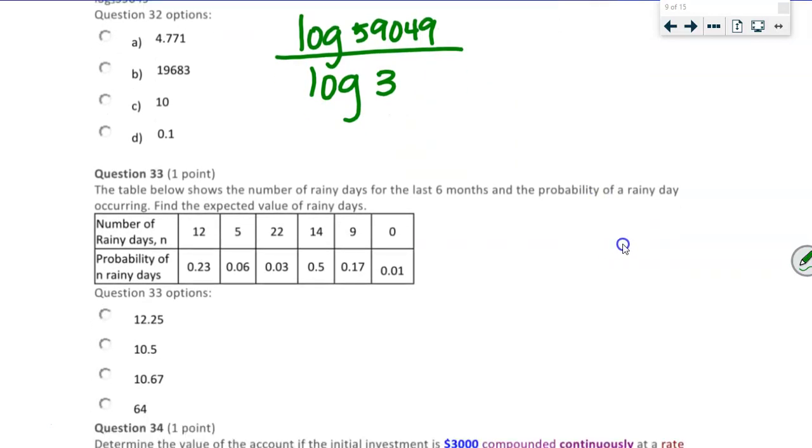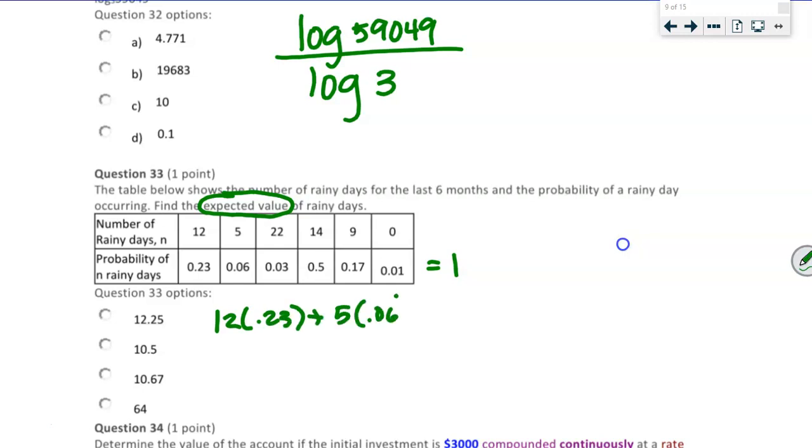Question 3 says, the table below shows the number of rainy days for the past 6 months and the probability of a rainy day occurring. Find the expected value of the rainy day. So this right here is what we're looking for, expected value. So the first thing I'm going to do is add up all these probabilities, and they did equal 1. So then what I do to solve this problem is I'm going to do 12 times 0.23 plus 5